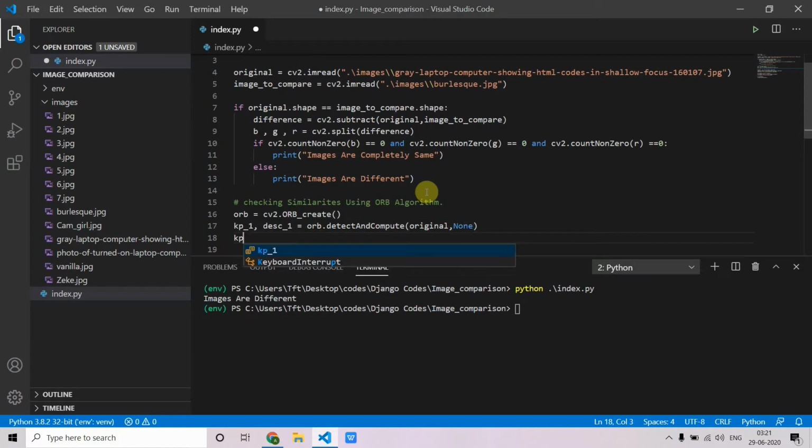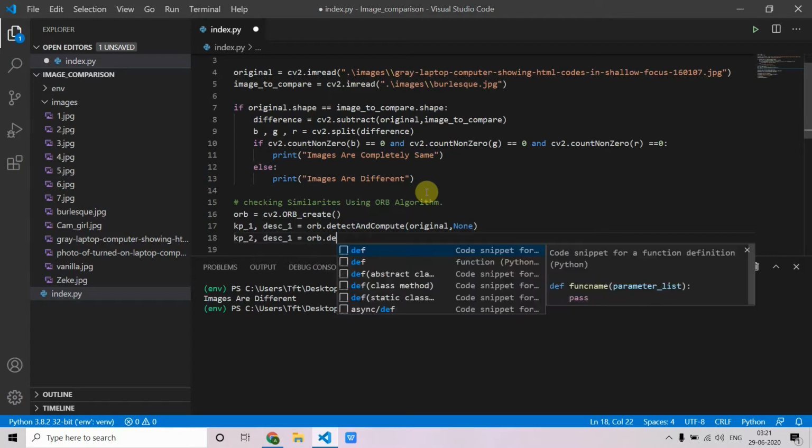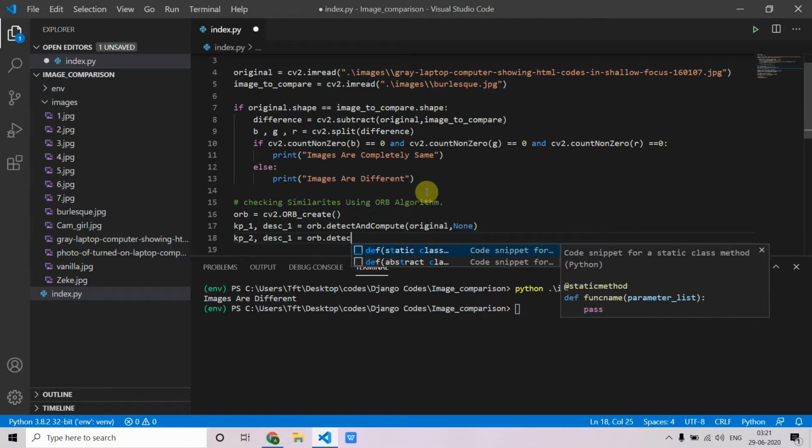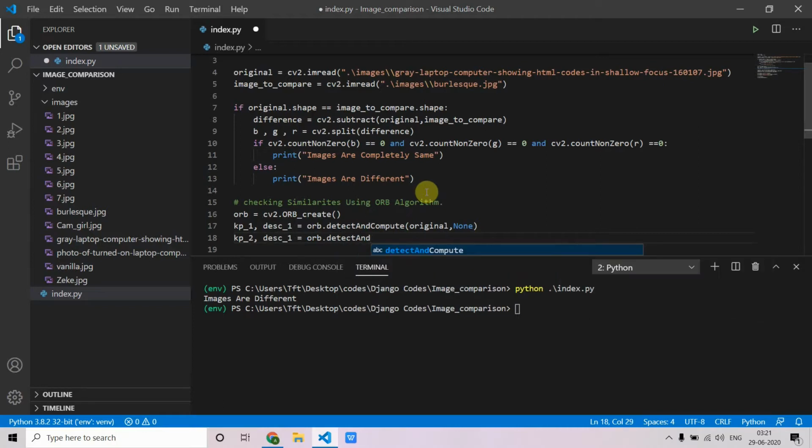Then for the second image, orb.detectAndCompute on image to compare. So we have computed both the key points.